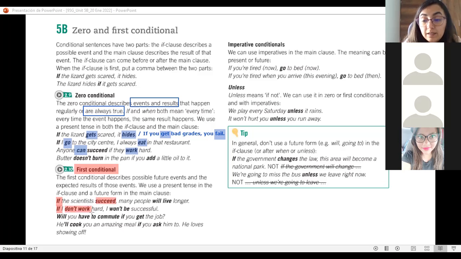La primera parte del first conditional, la que lleva el if, va a estar en presente. ¿Sí? Si esta condición se cumple, hay más de un 90% de probabilidad de que ese futuro o esa consecuencia a futuro sí se dé.